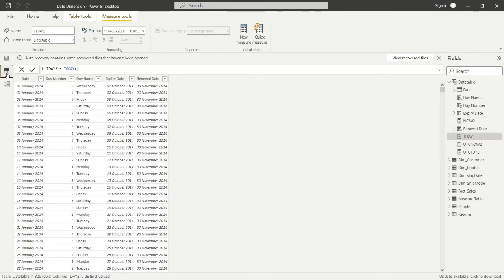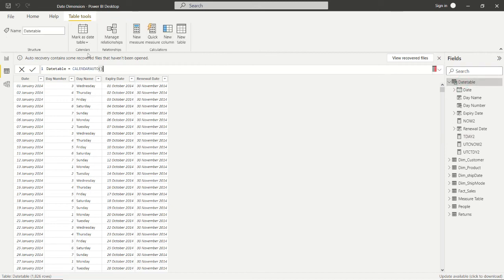Now next is the date difference. Suppose we have given data like the customer date of birth here, and from today what is the customer's exact age, in terms of either years or months. We can calculate all those things with the DATEDIFF function. But here suppose we have given this date only. From today, 2nd October, how many days or years have passed, how old the order is, we can calculate all those things here.